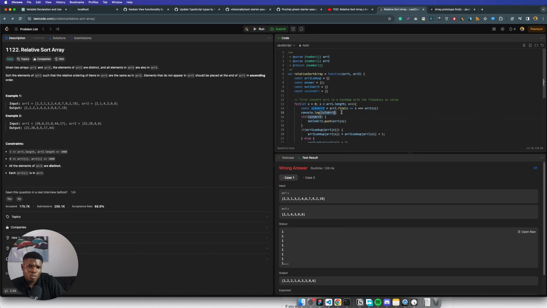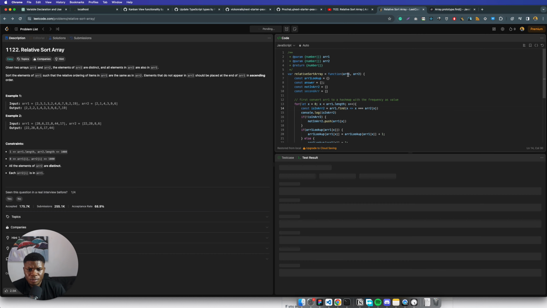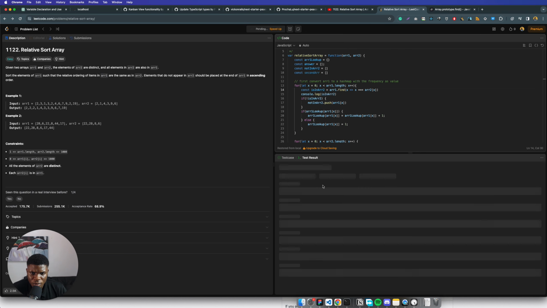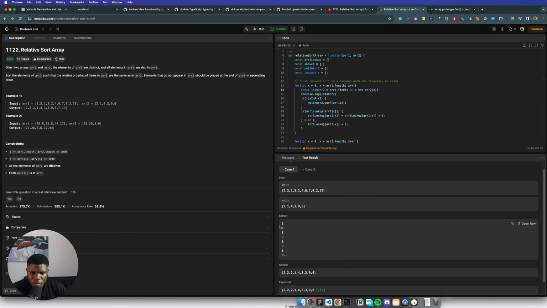If x, we are supposed to be doing this. So 3, array1 dot find x equals to array2x. That means,